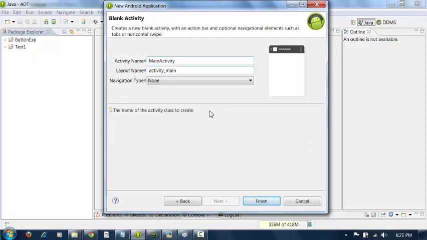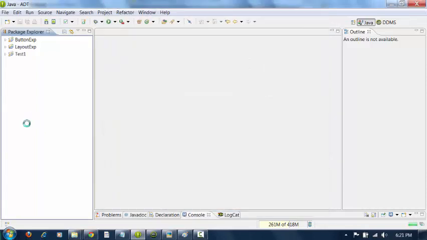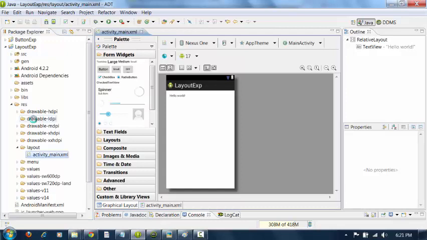If you want, you can change the name of the activity. I'll keep as it is. Okay, here is your XML file. I will delete this hello world.